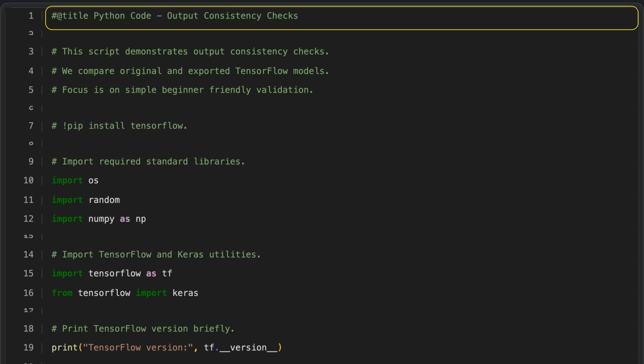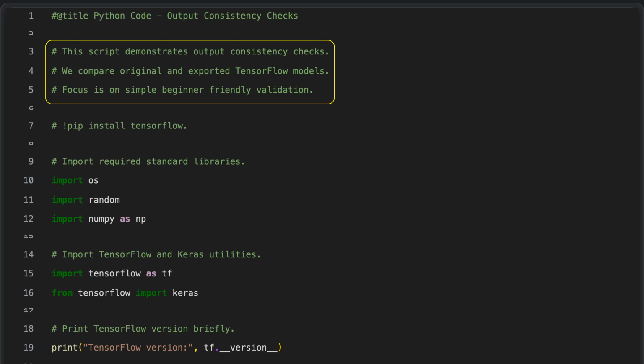Python code output consistency checks. This script shows how to check that a TensorFlow model gives consistent outputs before and after it is exported. It compares the predictions from the original model with those from the saved version. The goal is to provide a simple, beginner-friendly way to validate that the export process did not change the model's